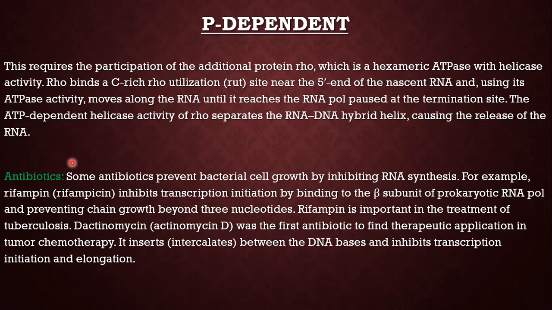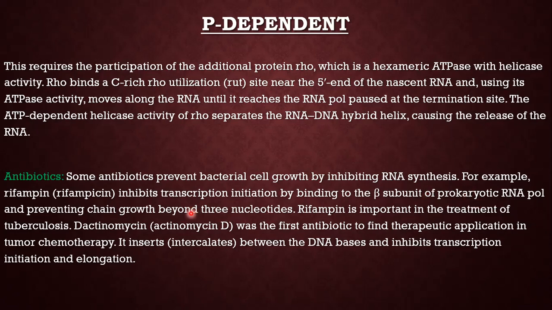Okay, then let's look at some clinical applications of prokaryotic gene transcription. We have some antibiotics which prevent bacterial cell growth by inhibiting RNA synthesis. One good example is rifampicin, which inhibits transcription initiation by binding to the beta subunit of the prokaryotic RNA polymerase. By doing so, it will prevent chain growth beyond 3 nucleotides. Rifampicin is important in the treatment of tuberculosis. It will bind to the beta subunit of the RNA polymerase of Mycobacterium tuberculosis,